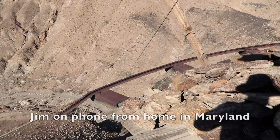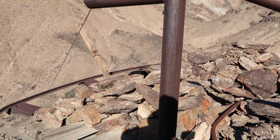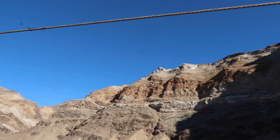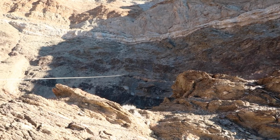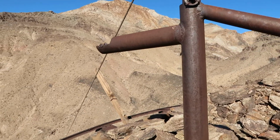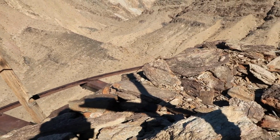Oh, okay. So are you down at the bottom of the tramway? I'm at your turning station near the top, and hopefully I can call you back from inside the mine. It'd be amazing. I'm kind of surprised that you have this good a connection from that far. So I'm taking a video of your construction work of the turn in the cable here. Okay. And so I've got a pretty good shot of the line clear down the canyon and a beautiful